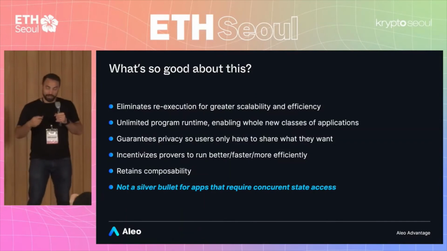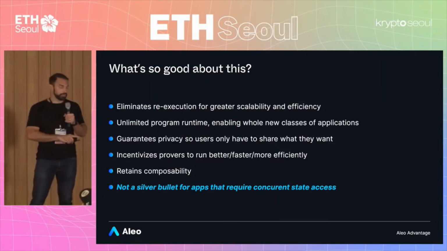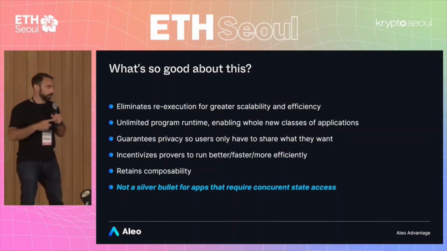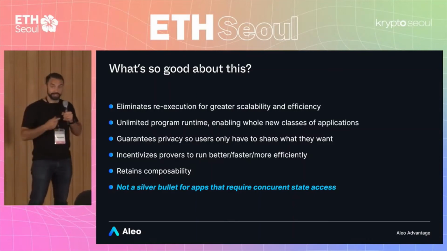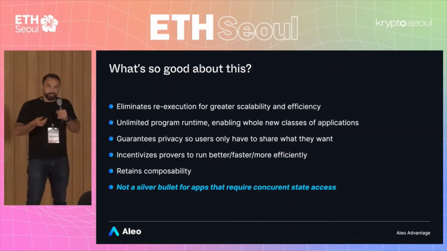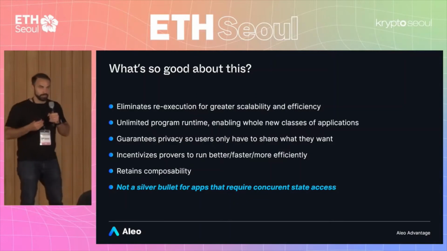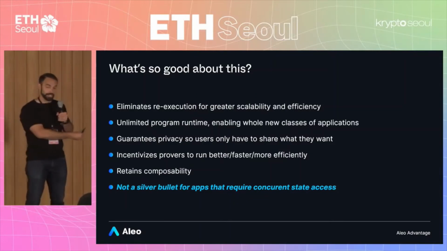And the reality, and again, I told you I'd steal liberally from a lot of other people's work, I highly recommend you read Vitalik's blog post about this. I can't remember the title, but it was three or four ago, where he talks about zero knowledge proof applications. And one of the things that he mentions in that blog post, which I entirely agree with, is that it's difficult to create applications that require concurrent access of the same state at the same time. So, Uniswap, for example, is not impossible in this paradigm, but it's also not simple.